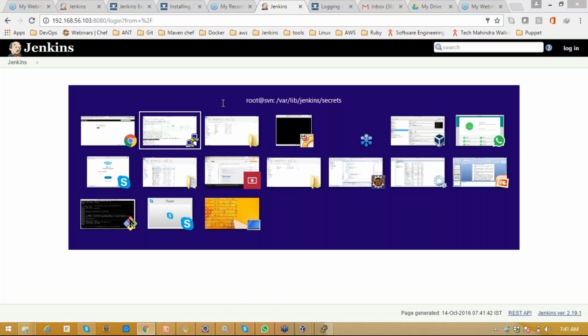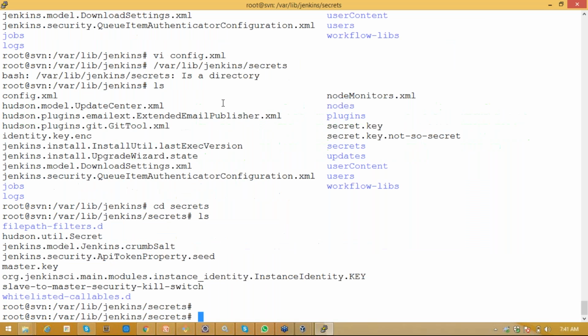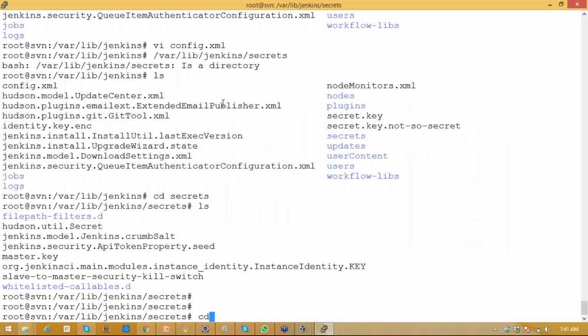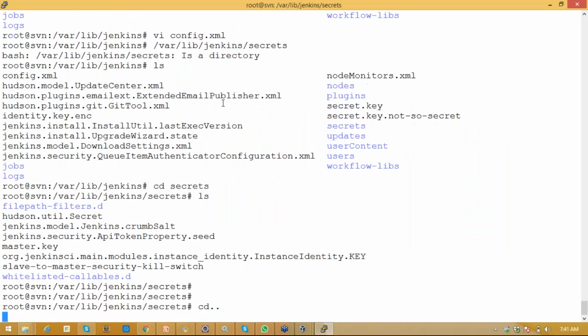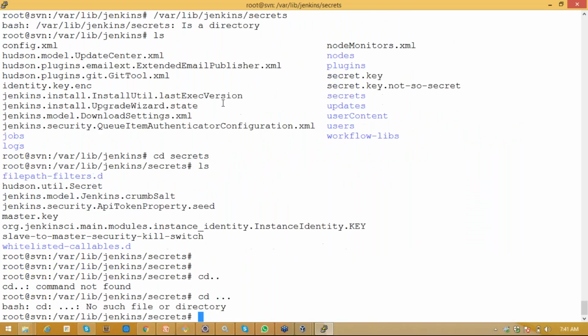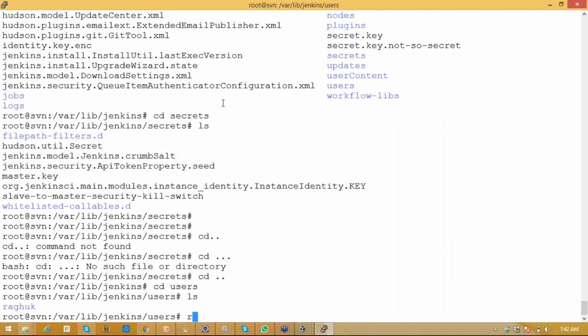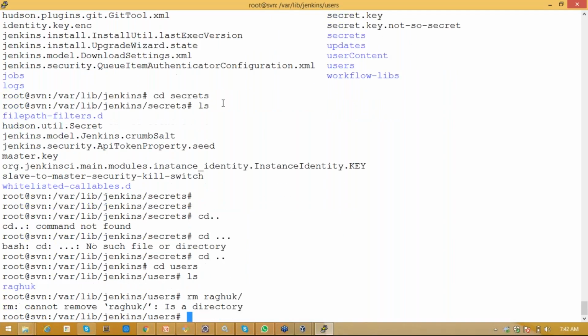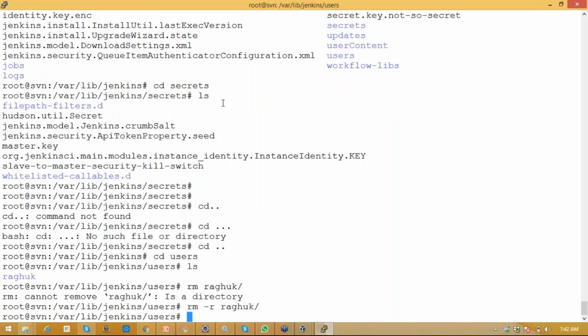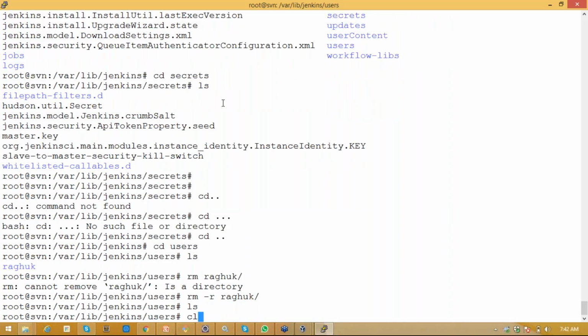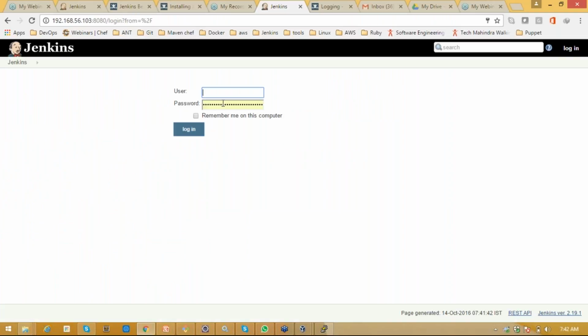Okay, let me do one thing. Let me remove that Raghu user over here. cd . Okay, we don't have any user now, so